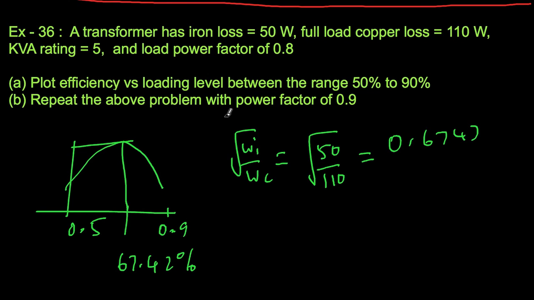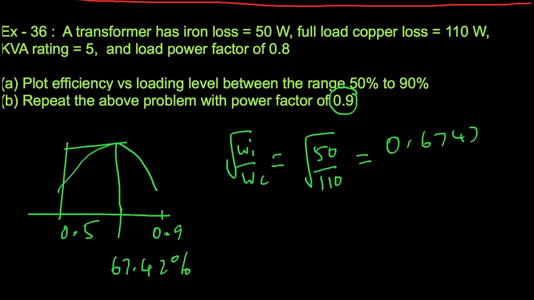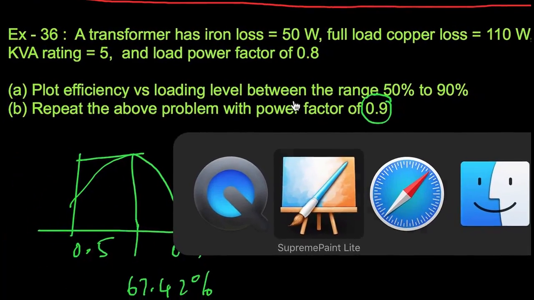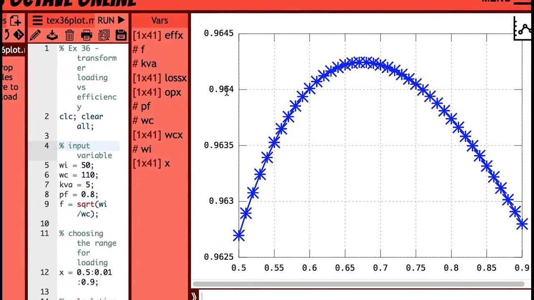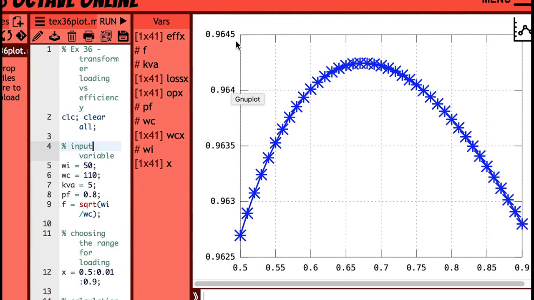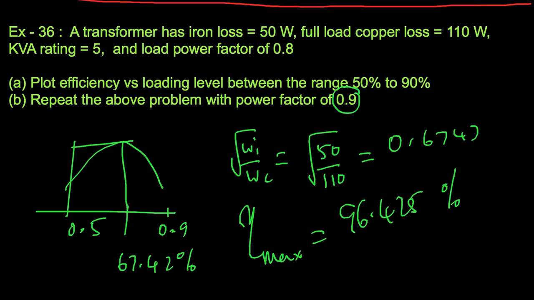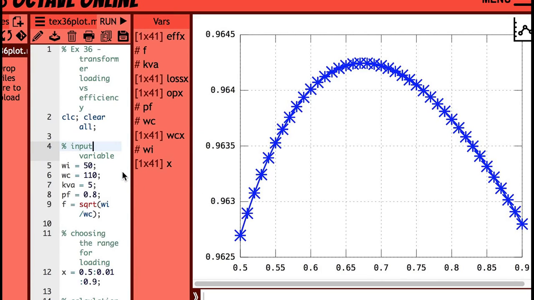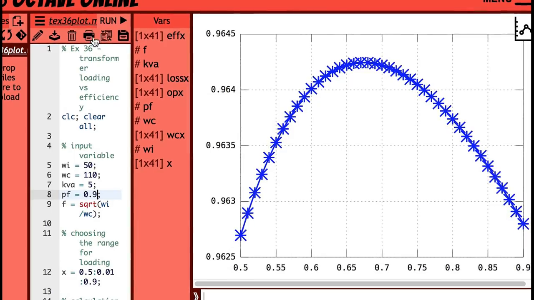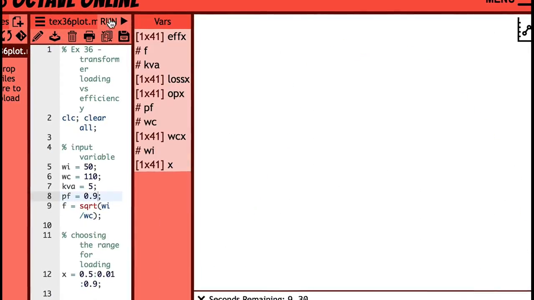Now repeat the above problem with a power factor of 0.9. With 0.9 we know that efficiency is going to increase. So I'll just go back. The maximum efficiency is between 96.4 and 96.45, so about 96.425, I'll write it. So the maximum efficiency is 96.425%. Now let's go back here. I'll just change the power factor here to 0.9, and then if I save it and run it again,